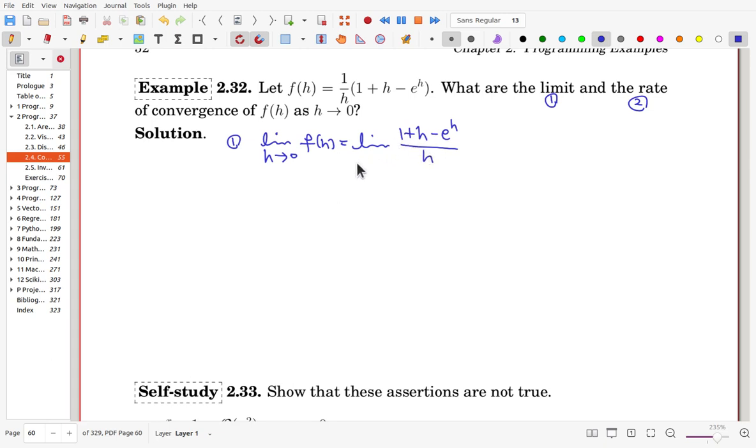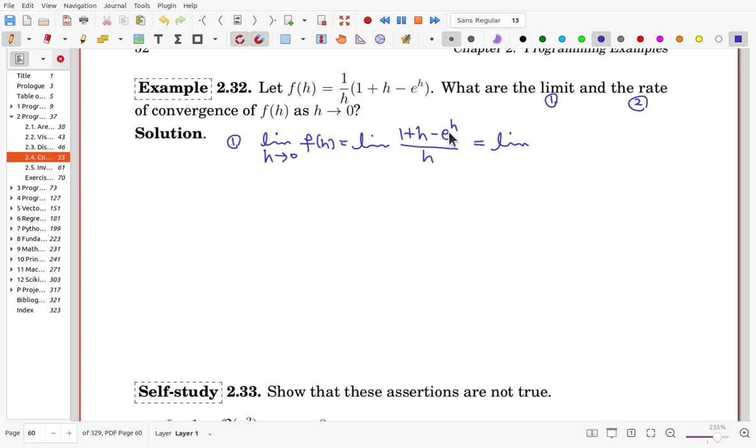Okay. Now, as h approaches 0, the top is approaching 0, and the bottom is also approaching 0. So this problem requires a little bit of knowledge from calculus. And with the 0 over 0 shape, then you can use L'Hopital's rule so that the limit is the same as